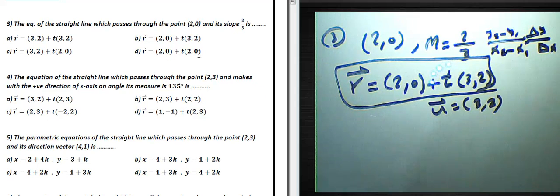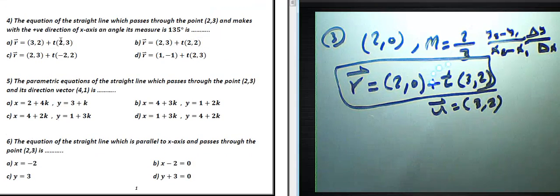Question number 3, choose letter P, 2 and 0 plus t multiplication by 3 and 2. Okay, it's the result. Question number 4, the equation of the straight line which passes through the point 2 and 3 and makes with the